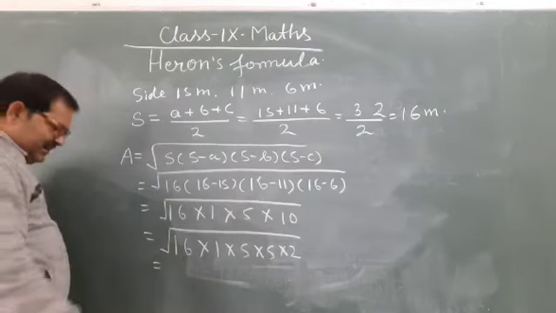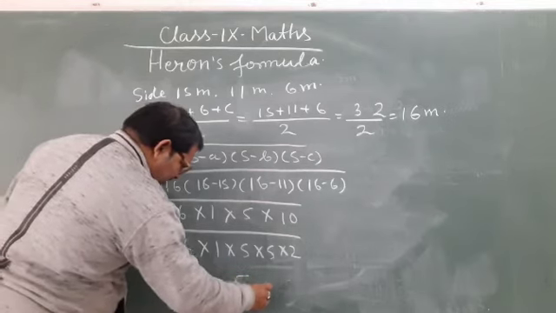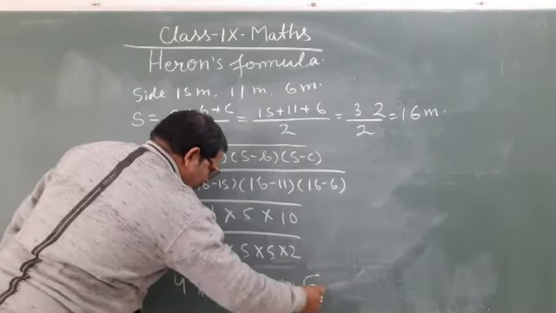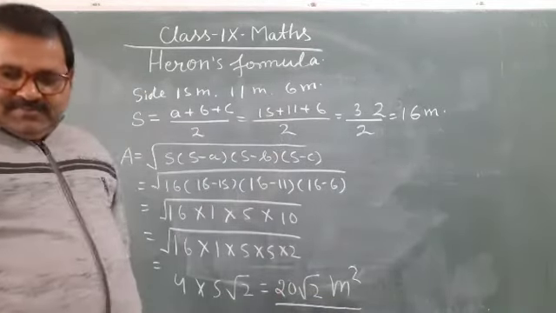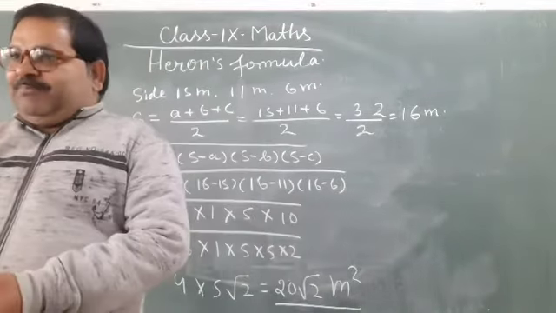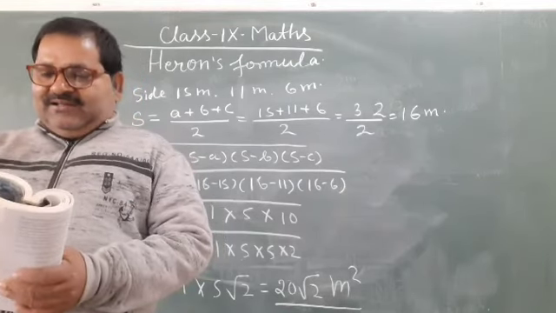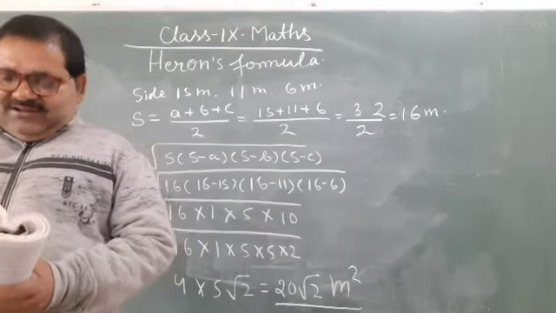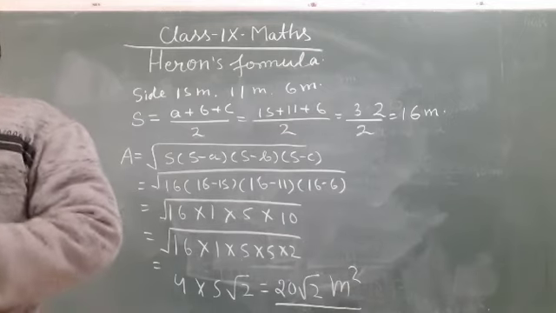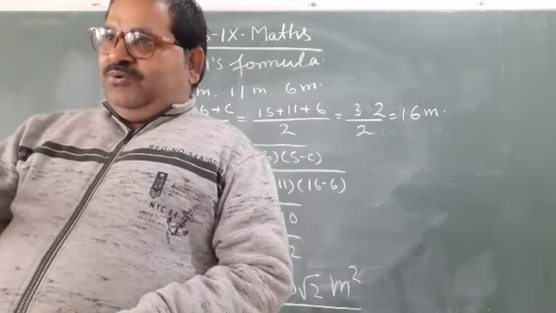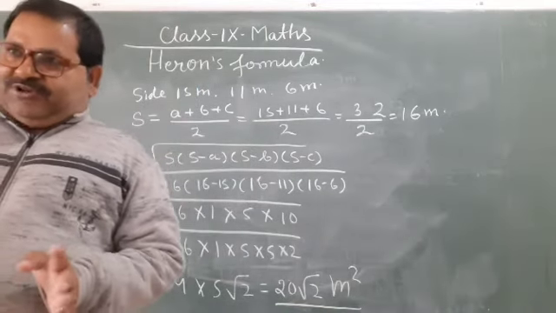16 को स्क्वायर रूट से फाइंड करेंगे तो 4 आएगा, 5 का पेयर है 5 आएगा अंडर रूट 2, and 20 under root 2 is the area of the advertisement part which has the message keep the park green and clean. Clear? Now find the location of the park that are slide to the area have base perpendicular and the hypotenuse. Clear?